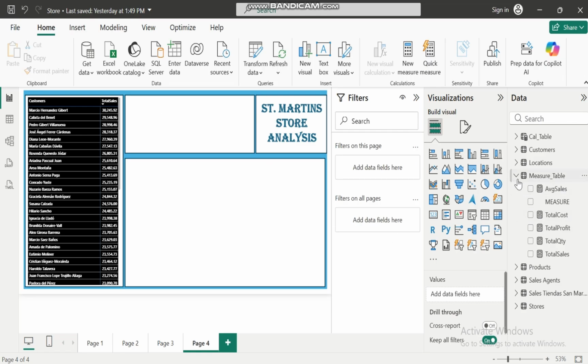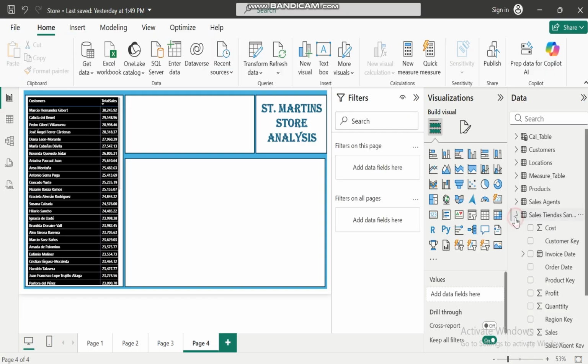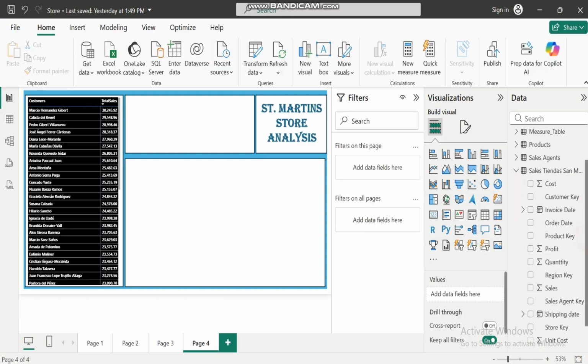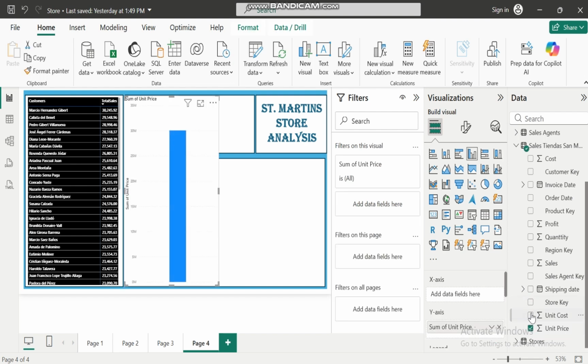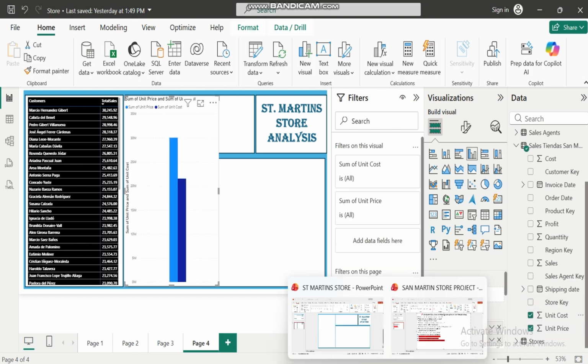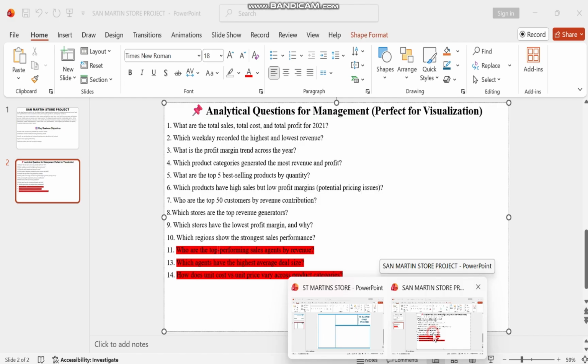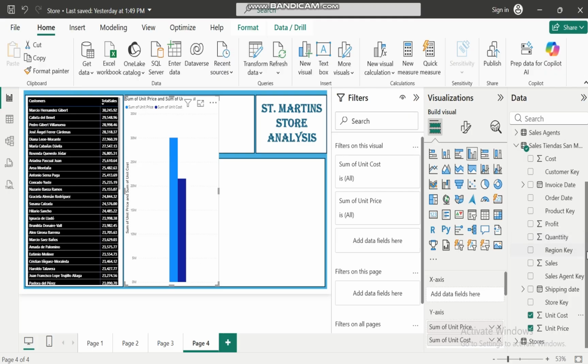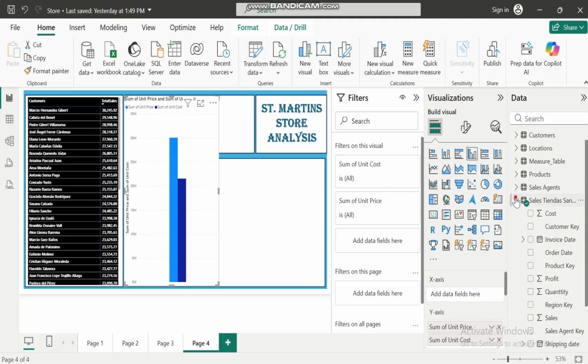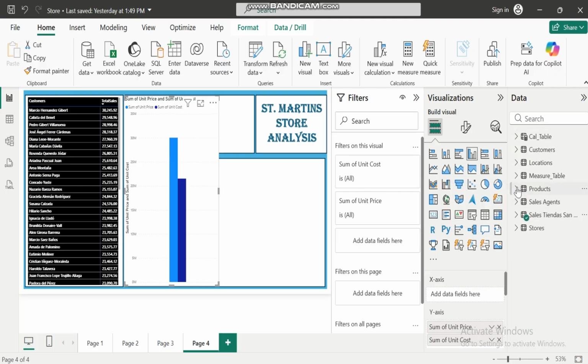So unit cost, okay, so where is the unit cost? The unit cost should be here. All right, so we have our unit cost and our unit price. So we are looking for unit price and unit cost by what? How does unit cost versus unit price vary across product categories? We're looking at the product categories. I'm just going to put this here, and I'm going to go to product and select